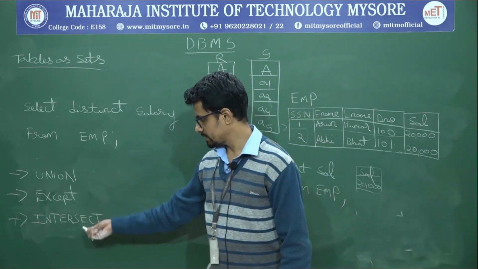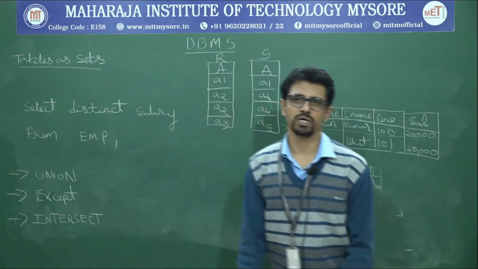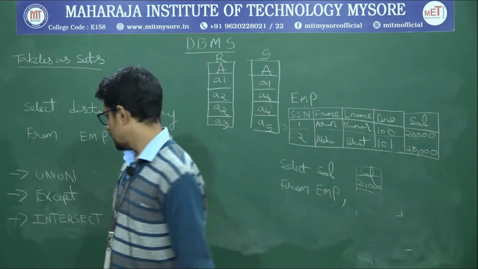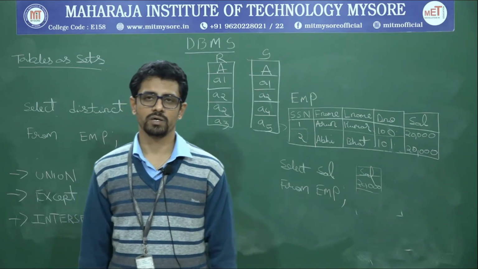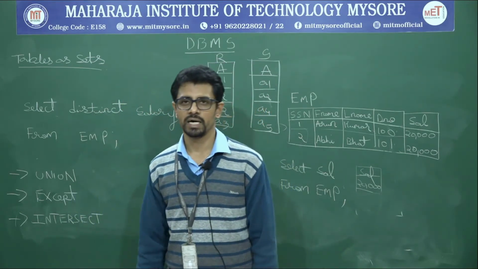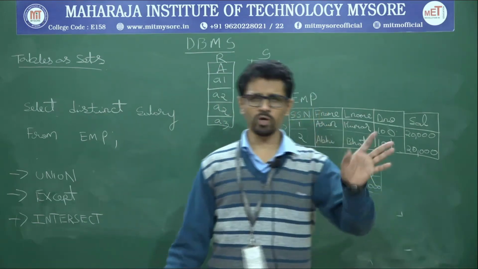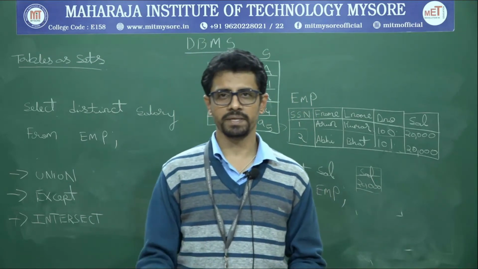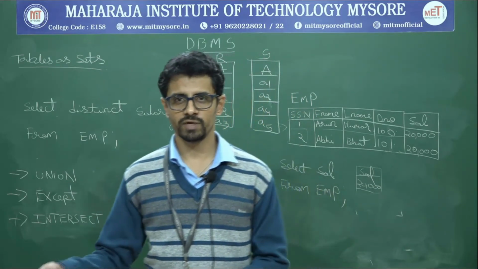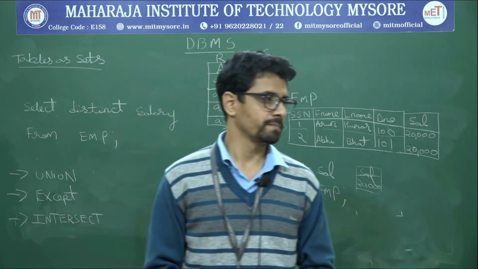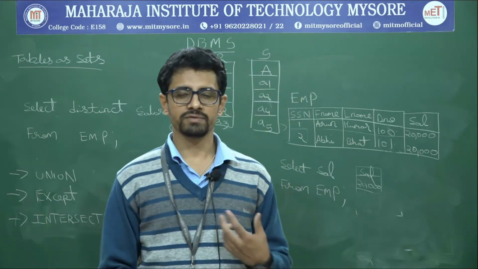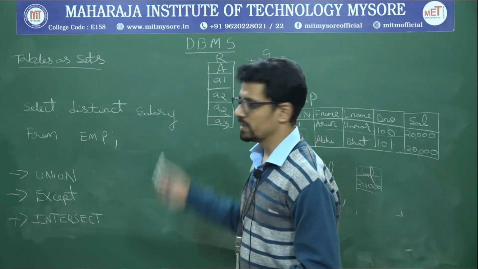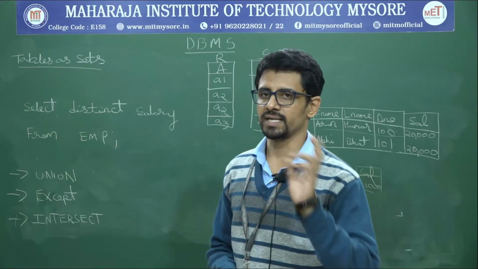Now union, except as well as intersect. Same as the union operation which you have learned, the intersection is called intersect, and except is your subtraction, so subtracting one relation from another relation. This is a set operation. Hope you all know the difference between a set and a multi-set, where we can have a certain set of values being repeated, whereas a set is a set of unique values as we have in a primary key. But when you take a database, we can have some kind of duplicate values being specified there. So that is how you eliminate them in the output by using the distinct keyword in the select clause.